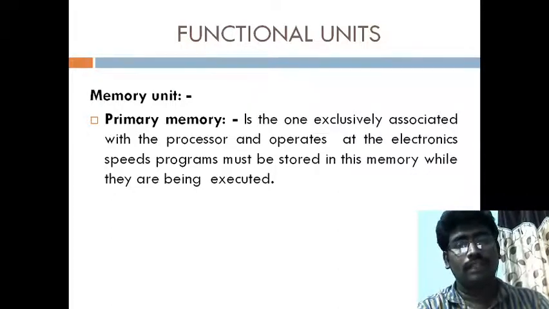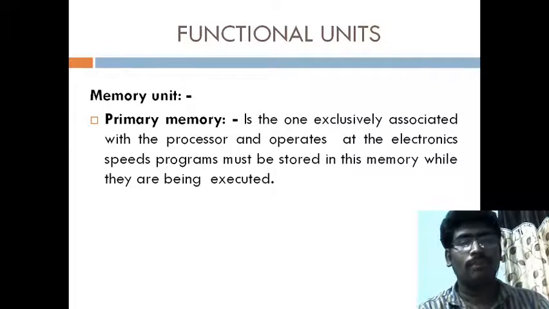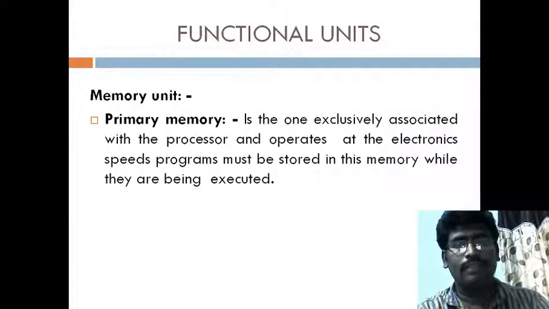And whatever programs you closed or have not accessed, suppose I store a movie into my computer. Where will that movie be stored? Definitely in the secondary memory, which is called permanent storage. That we will understand later. First we will clearly understand what primary memory is. Primary memory means random access memory.